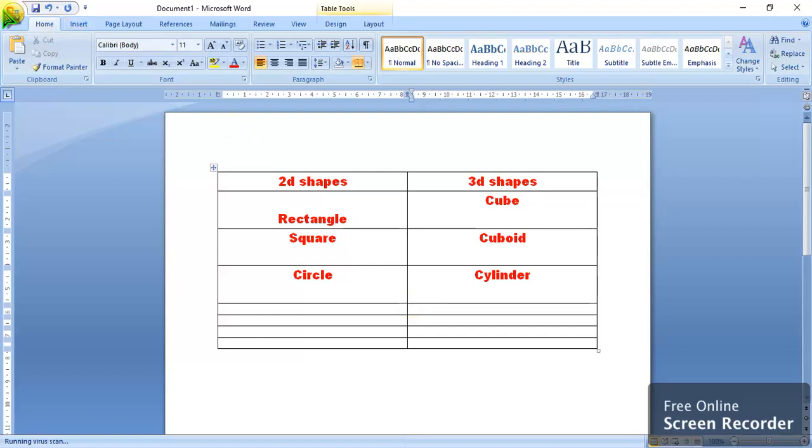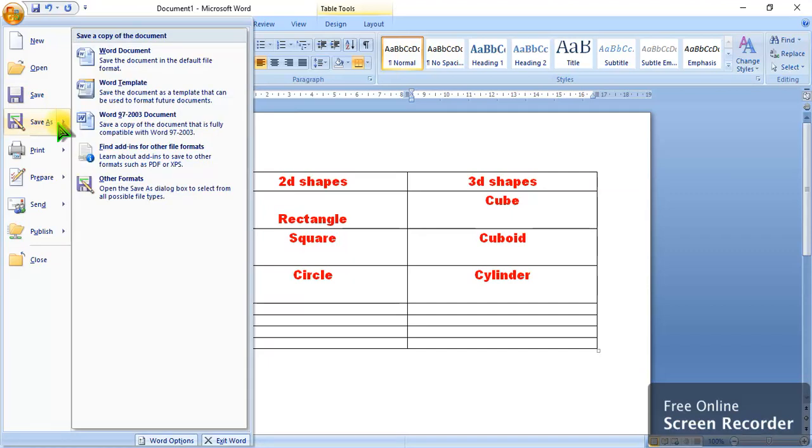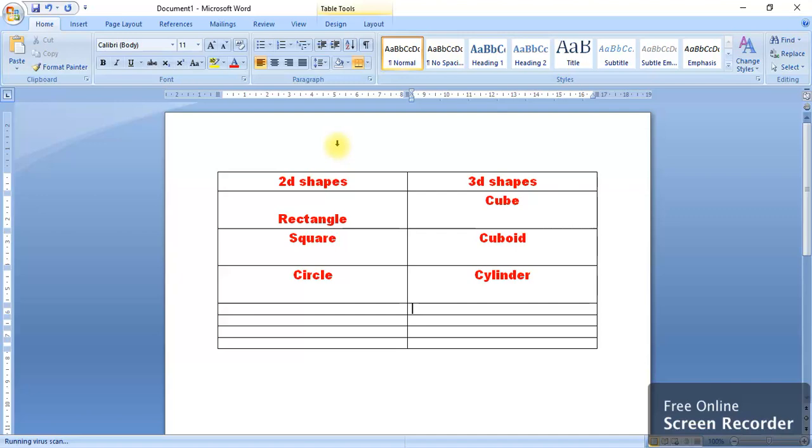Then you have to compulsorily save it. Save as. Based on this only I will be evaluating your ICT. Then when I ask, you have to send all the files. So try and send the picture to me, or even upload it in MS Teams.